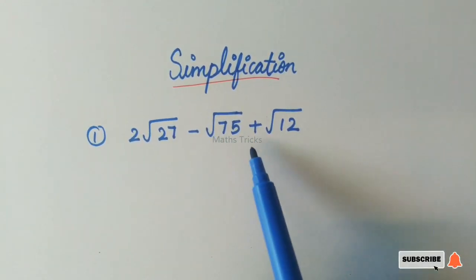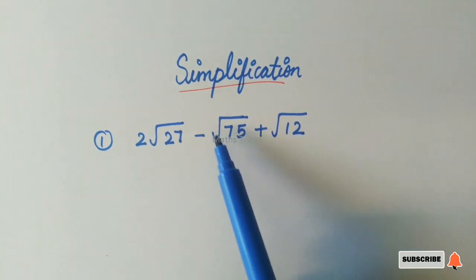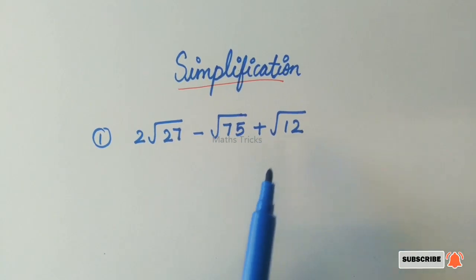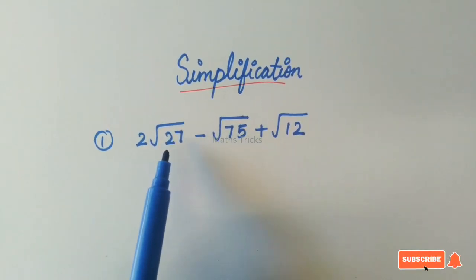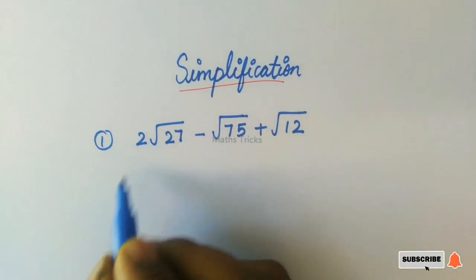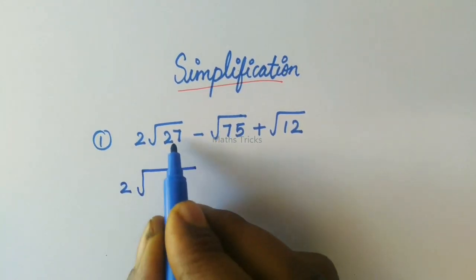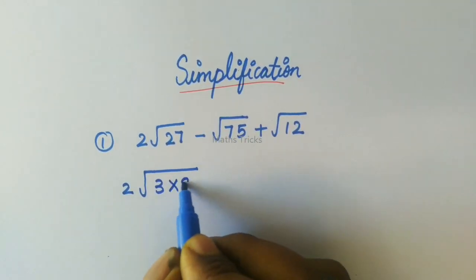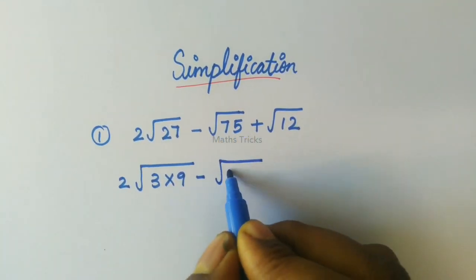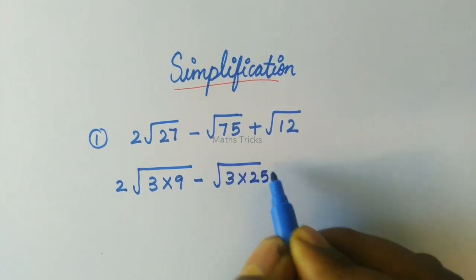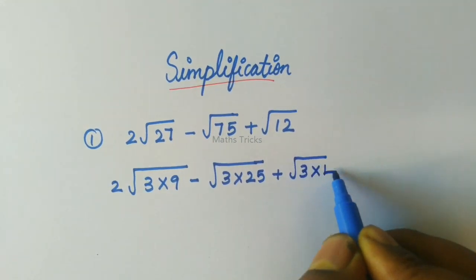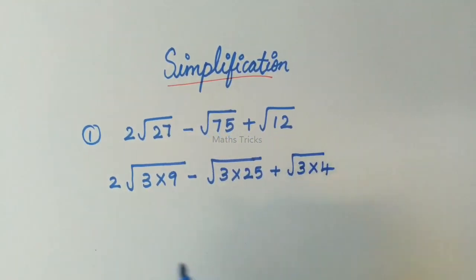If we had a multiply symbol here, we could easily multiply this as a common root, but here we have a plus symbol. The numbers are not square numbers, so we see that 27, 75 and 12 are divisible by 3. So we change them as a multiplication by 3. 27 changes into 3 into 9, 75 changes into root of 3 into 25, plus root of 3 into 4, that is 12. So we changed it like this.